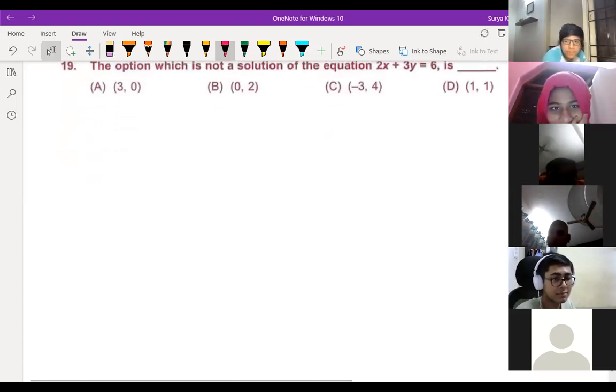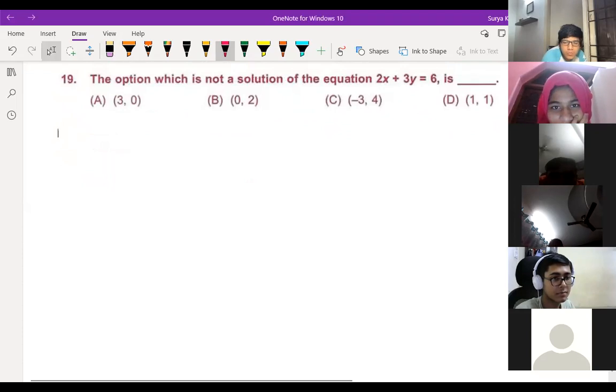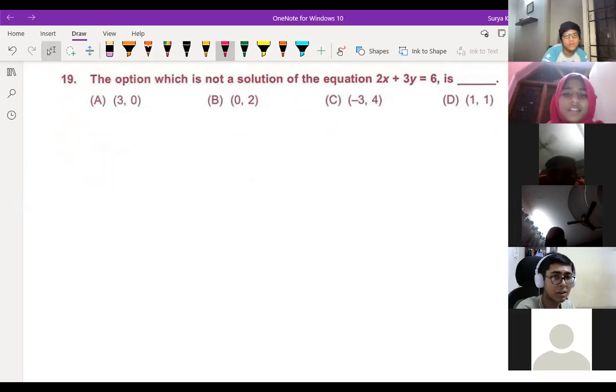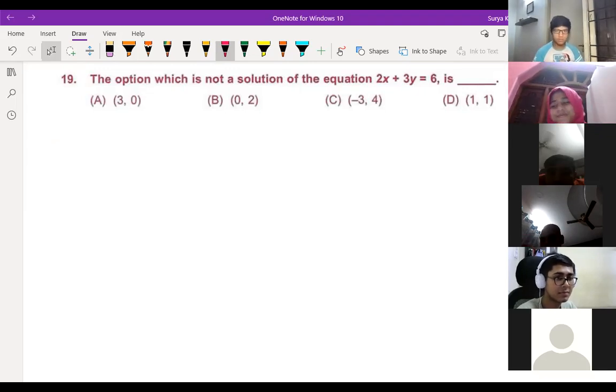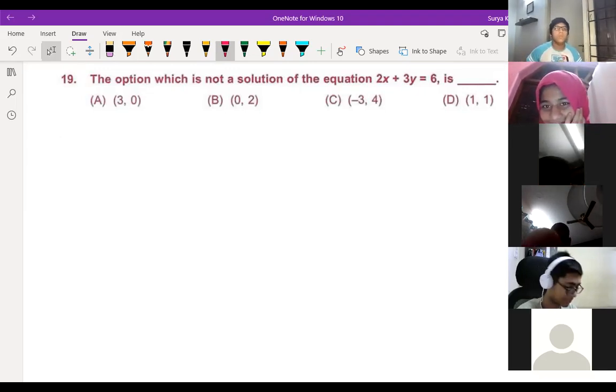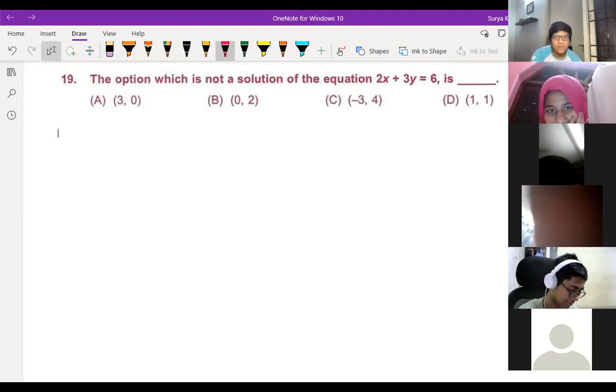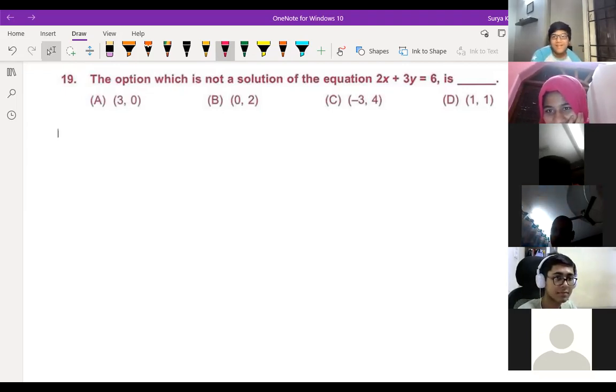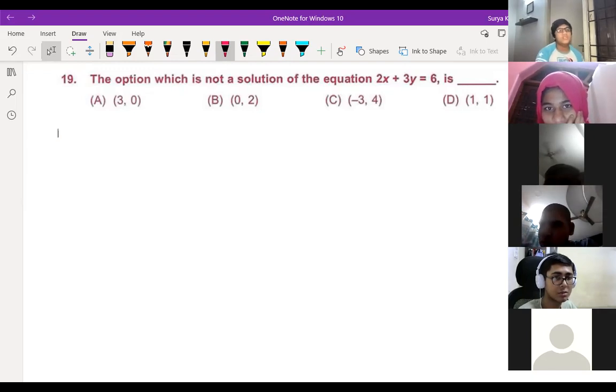The option which is not a solution of this. Option D, sir. Yeah, option D. So for this type of question, you should start from the last option, because you will get the answer there, since it is usually the last or second last, most of the time. Sir, but option C also, sir. How is option C? Option C will give 6.